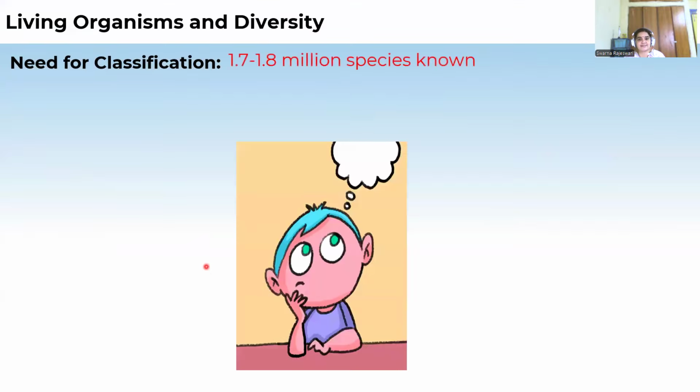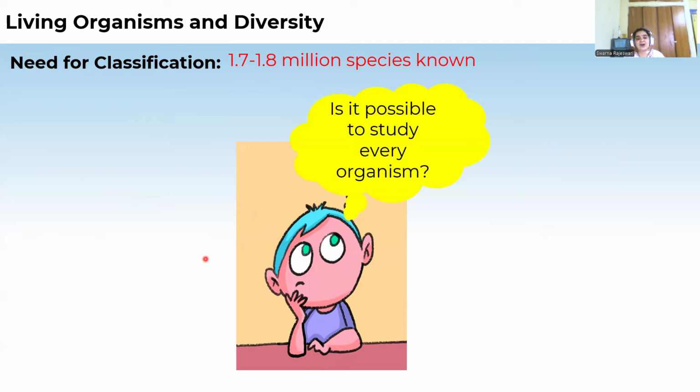What is the need for classification? Why do we have to classify? We know there are different types of animals, millions of varieties of animals present in the world. So there is a necessity to remember all the organisms, to know the characters of the organism every time, and how to pronounce those organisms. For example, if it is a cat, every time we can't say that a small animal is there which goes meow meow. So it is necessary to identify the characters of that animal or plant, give a particular name to it, and study its characters.